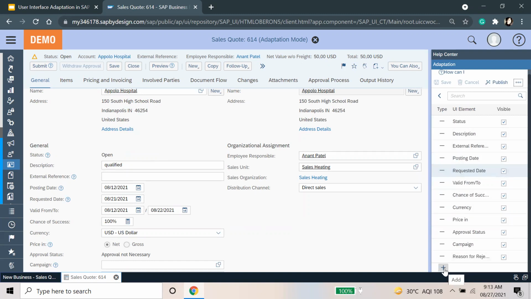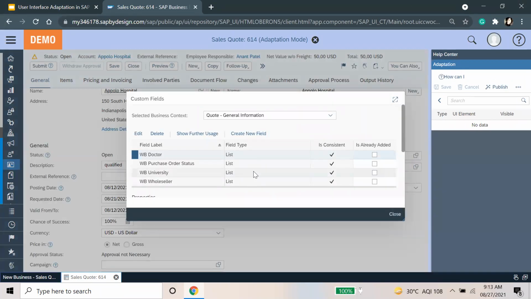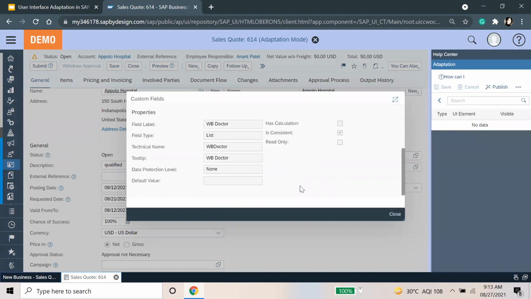And then we have this plus sign. I'll click on add, and then the extension field. So this is how we are going to create a new extension field. Maybe by design it is not giving me some of the fields which I require according to my business requirement. So I'll just add an extension field. I'll click here. So these are available which we already tested in this system.